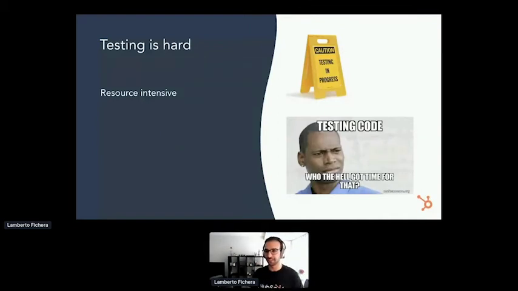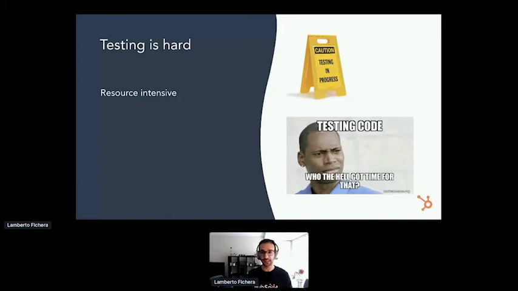All right, so testing is hard. It's resource intensive. It requires time to write tests, time to run tests, and time to debug tests.